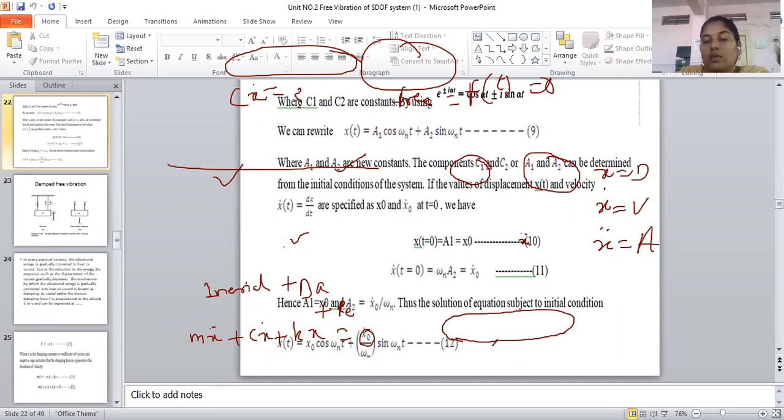You have to understand whether it is a free vibration or a forced vibration. Our total unit number two is based on free vibration only, and there are two cases: one is the damped vibration system and the second is the undamped vibration system. But if we go towards unit number three, it will be based on the forced vibration system only. There will be a forced value, f of t, and again two cases: one related to the damped system and another related to the undamped system.